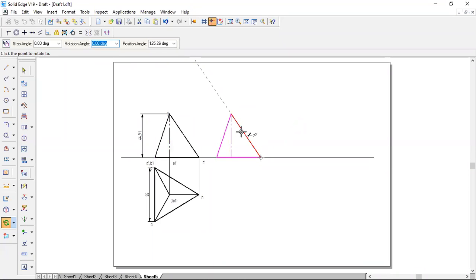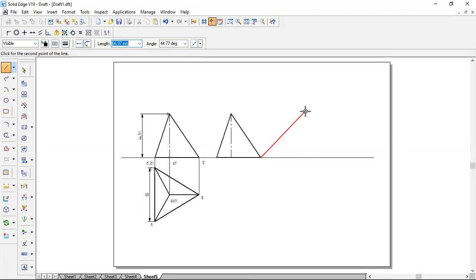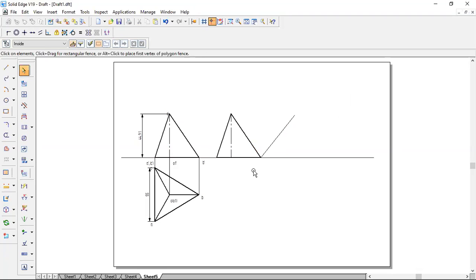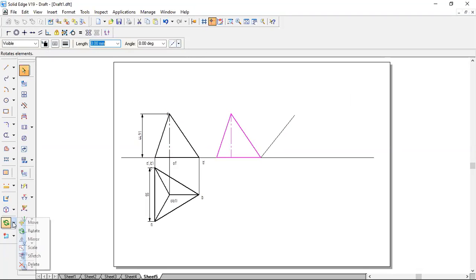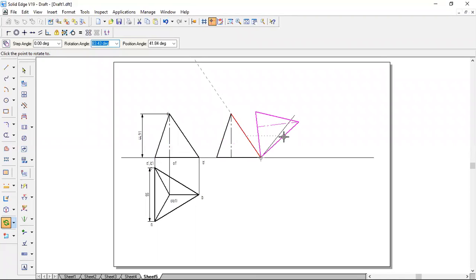This is the reference line which is taken as 125. We'll go with the rotation of drawing a 50 degrees line on this, anywhere on this, by taking this end point. So this is the 50 degrees line. On this 50 degrees line we can rotate such a way that this should come on this.